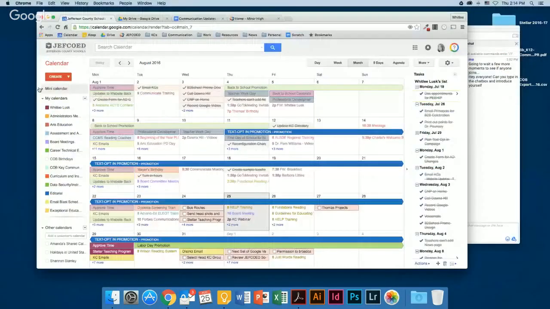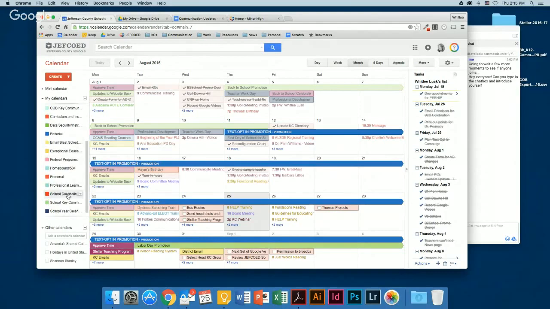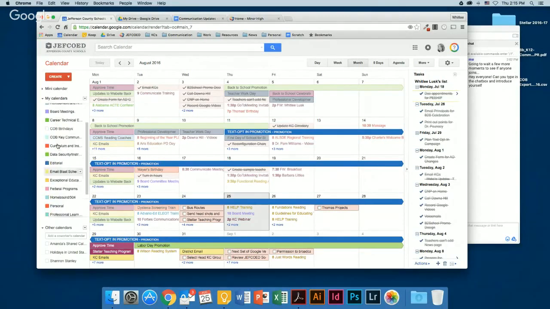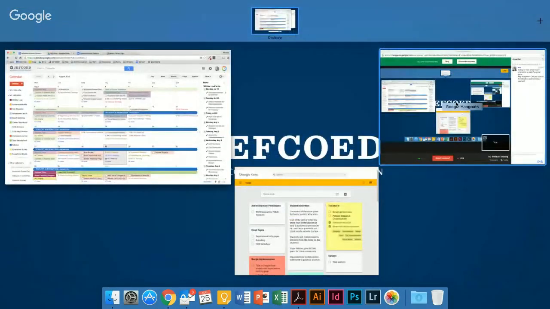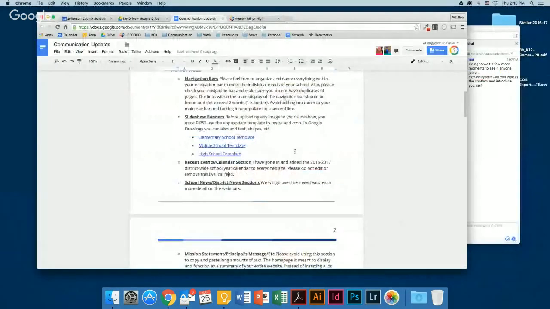So I think this will dramatically improve our communication, especially with principals and assistant principals. So we're excited about this. I also share a calendar with you all, but I've got to go in and change some settings, and we'll get into that a little bit later, but I wanted to give you an update on that.